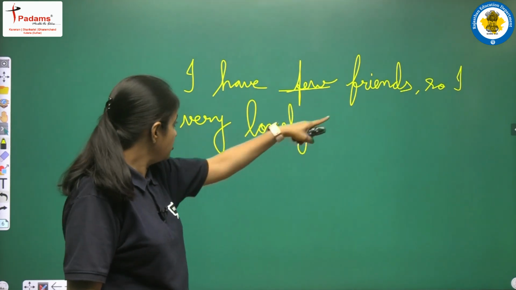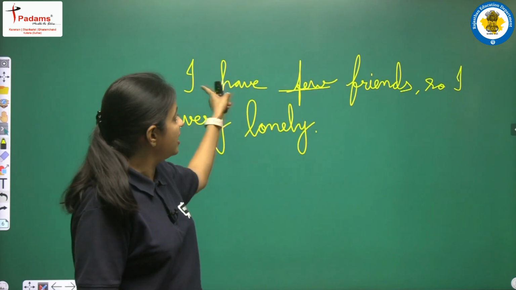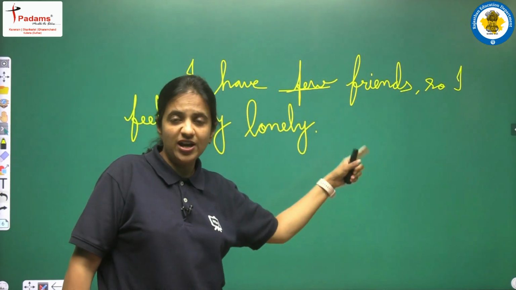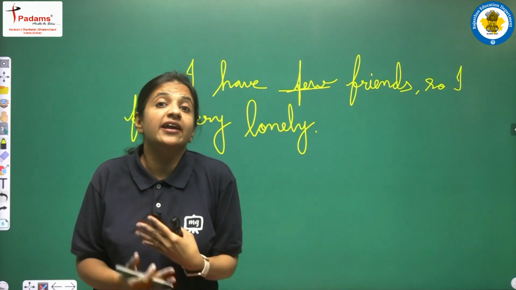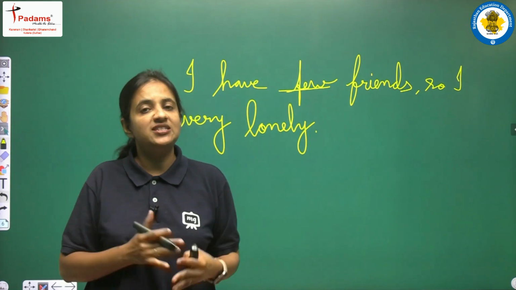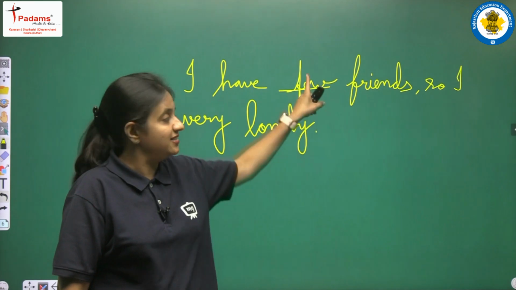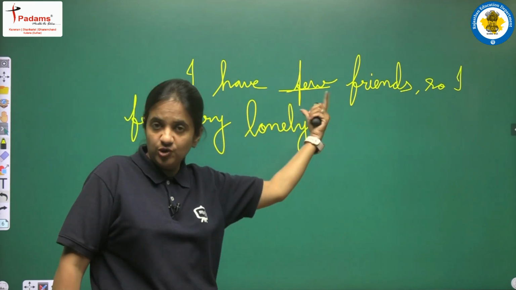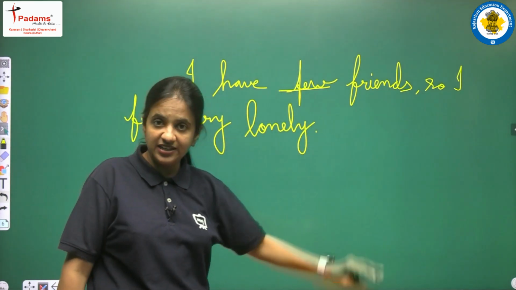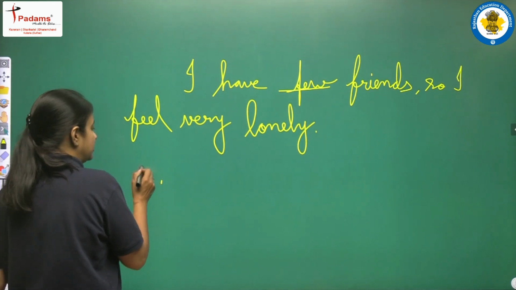So here, because of the second part of the sentence, we are having the idea that here we are talking about friends as a negative number, right? So जो friends है वो number में बहुत ही कम है, they are having a negative sense, and this is the reason here we are using few, that is a negative word. Clear? Now let's take one more example.